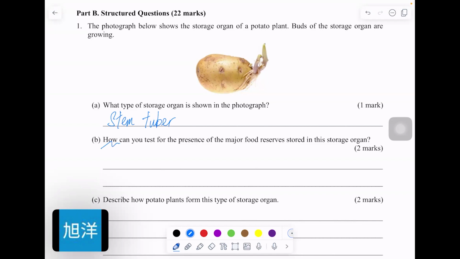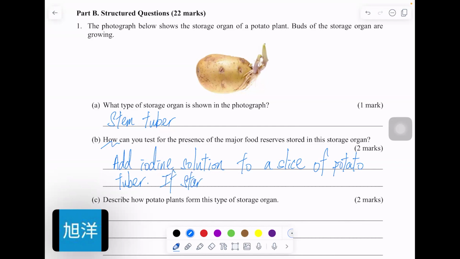For example, we need to add the iodine solution to a slice of potato tuber. Okay, then if the starch is present,